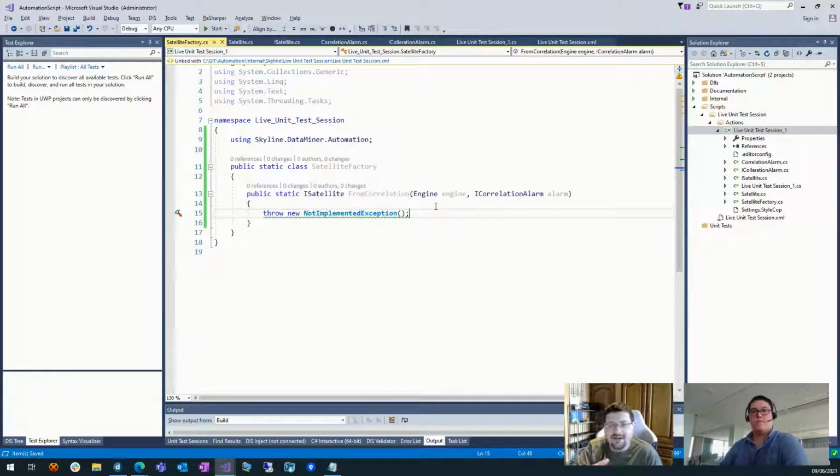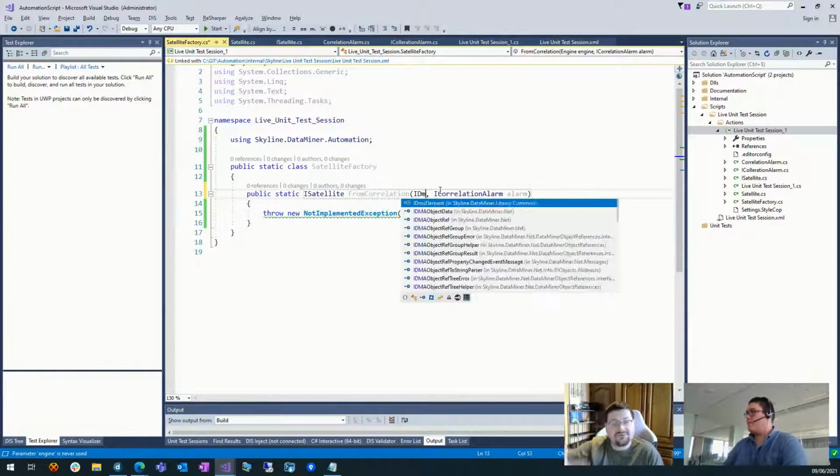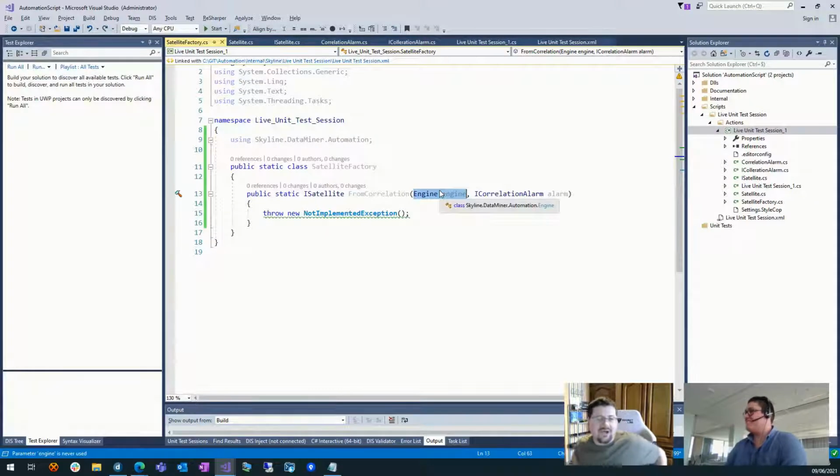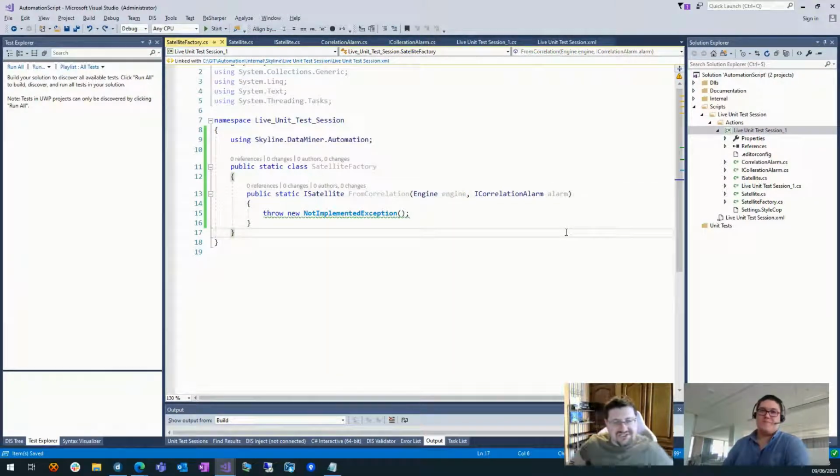So technically, I kind of just want the IDMS as an input, because then from my IDMS, I would be able to look. However, don't get rid of it. No, put it back. Put it back. Put it back. I want to show how we can actually use the engine here. A bit later, we'll use the engine to do a get DMS. And I've gotten some questions before about how can we mock that out.